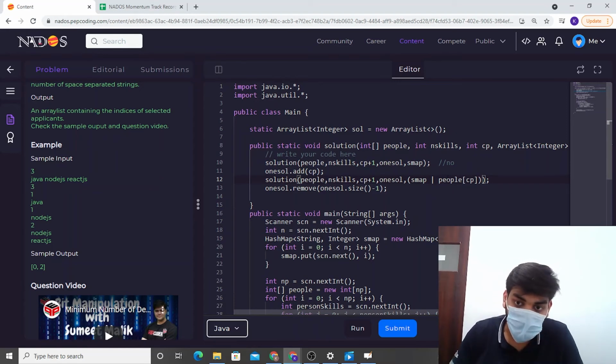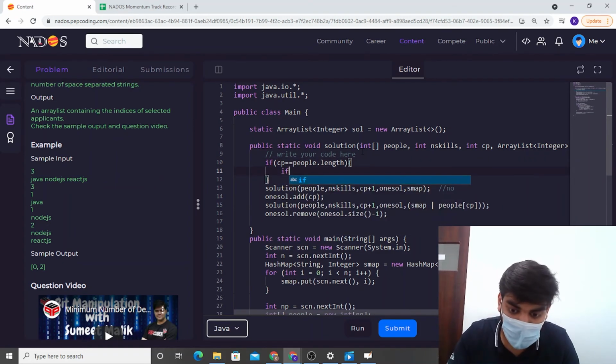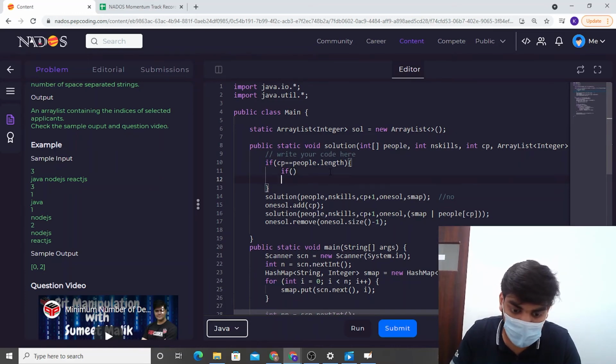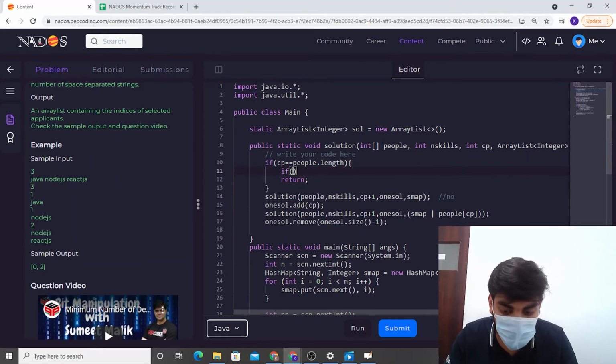Okay. Now what? Base case. What would be the base case? If CP is equal to people dot length. So in that, if I got the answer, if I don't got the answer, firstly let me just return. I have to return if I don't get the answer as it is. If I get the answer, I need to check if my answer is there or not. So if I have my answer, so it would be